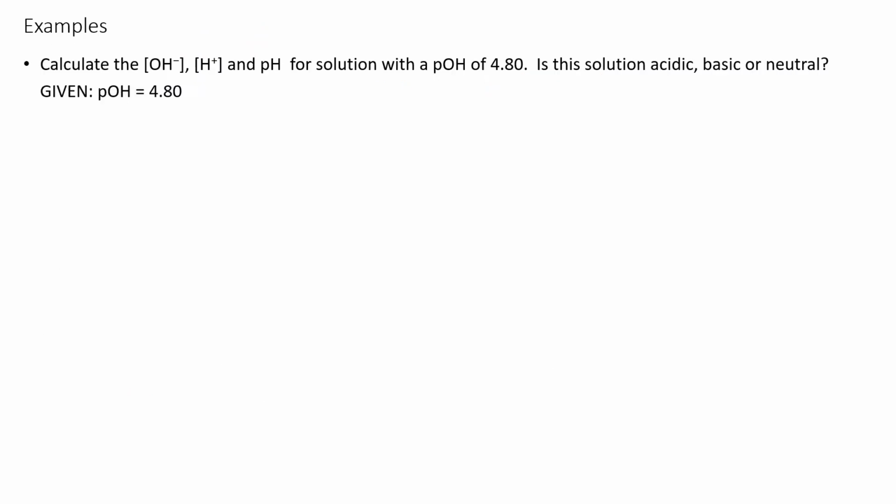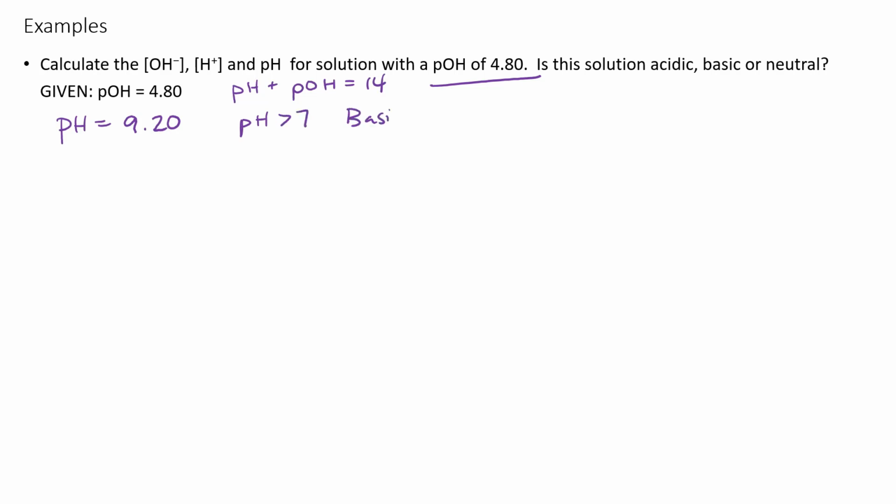All right, calculate hydroxide, hydrogen ion, and pH for a solution with a pOH of 4.8. So this time we have a pOH of 4.8. Is the solution acidic, basic, or neutral? So first I'm going to calculate pH because the pH plus the pOH adds together to give us 14. So the pH would be equal to 9.2. And since the pH is greater than 7,